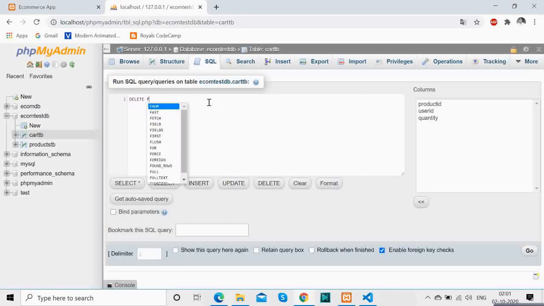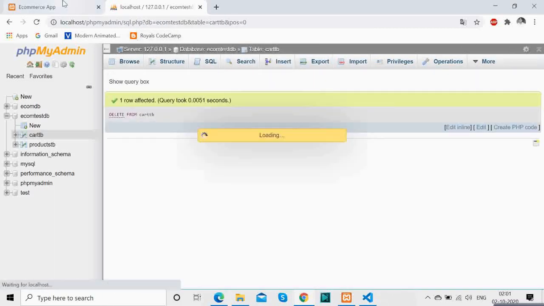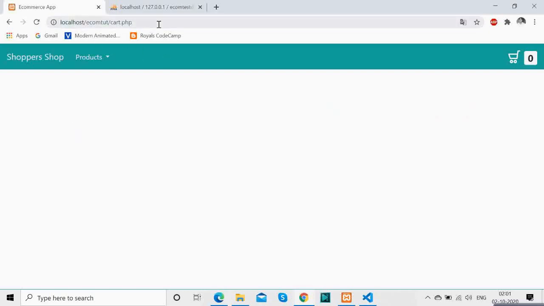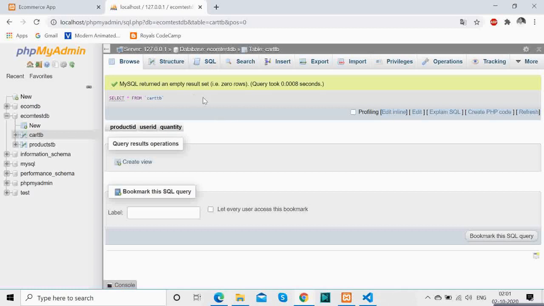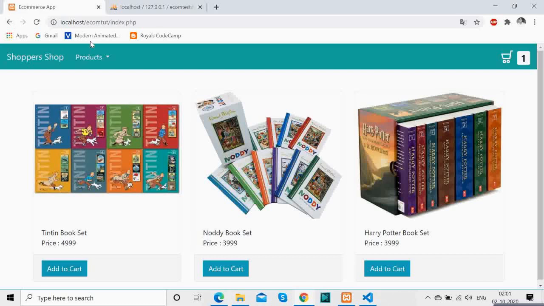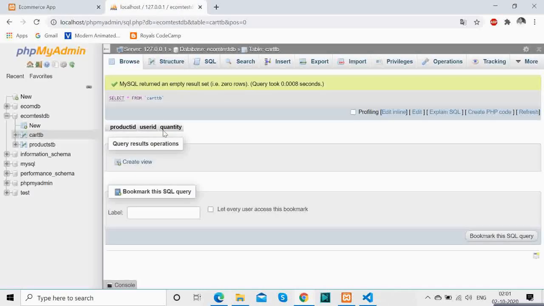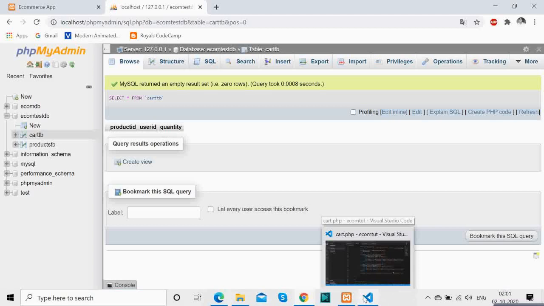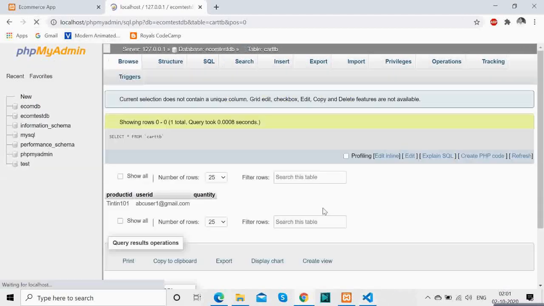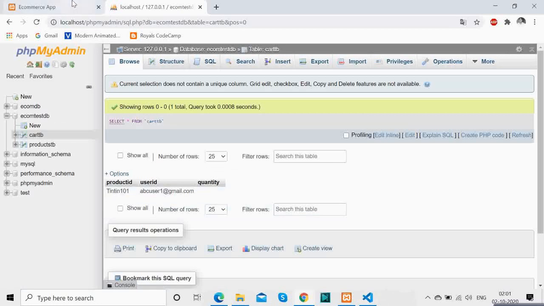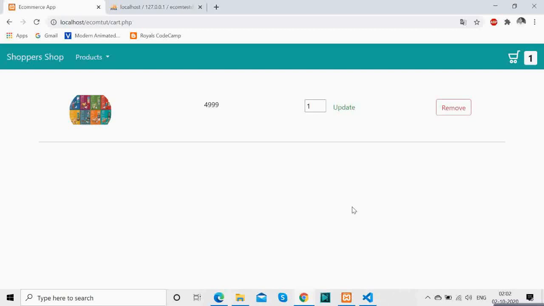We'll empty the cart table and we'll have a fresh set of values. So what we'll be doing is we'll be providing an initial value of quantity as 1.